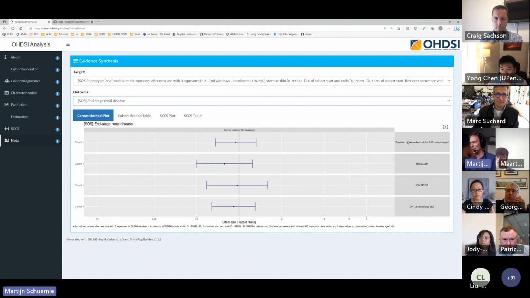Obviously, it would be nicer if the meta-analysis was at the bottom and had a different color, but this tab is still a bit of a work in progress, but it should be enough to explain what's going on. One thing to realize is that, as Yong mentioned, there's quite a lot going on, going from the databases to